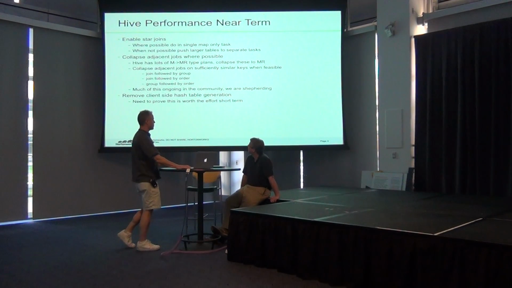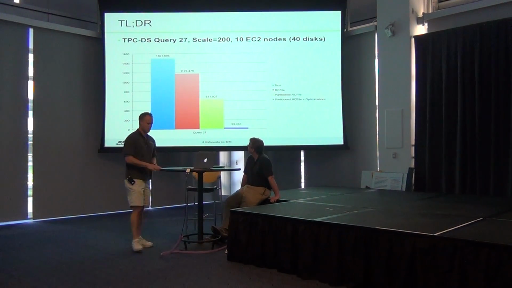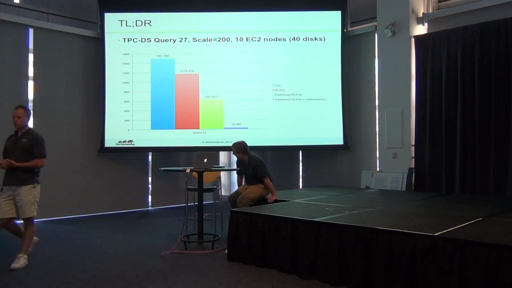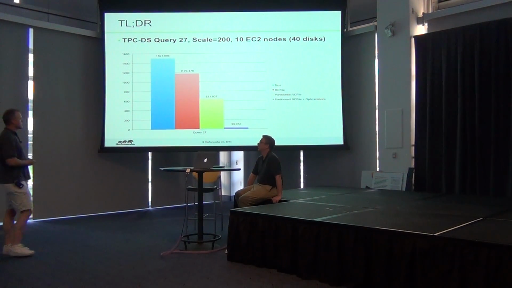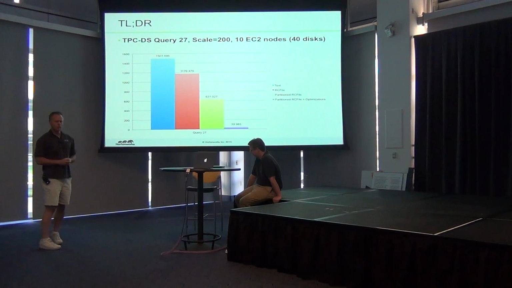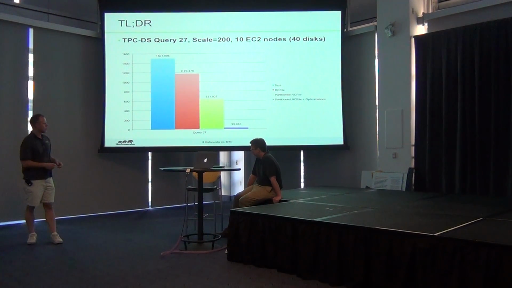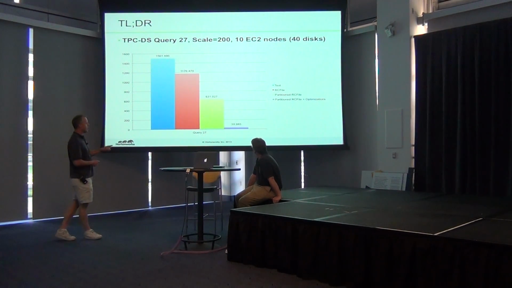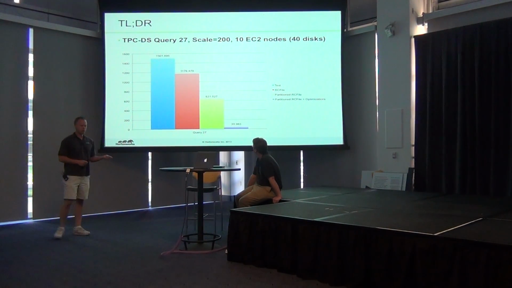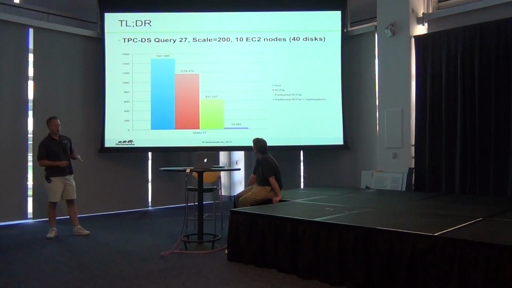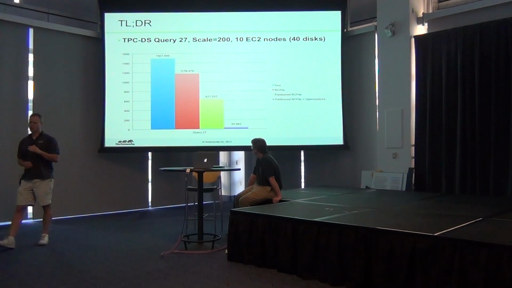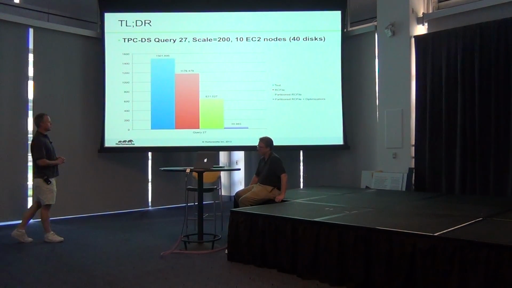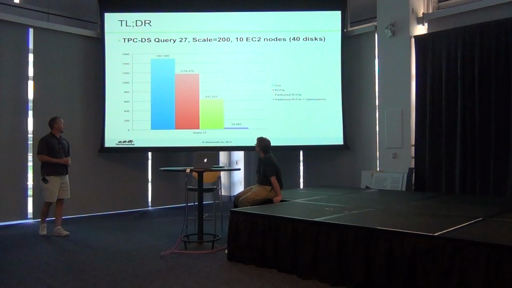So, slides are nice, but results are better. Let's look a little bit at some early results we've seen. This is done against what is now the Hive 0.11 branch. Well, mostly, I'll walk that back in a second. But the code in Hive here is from the Hive 0.11 branch. It is run on top of YARN with the new test stuff. So these numbers would look slightly different if you ran it on Hadoop 1, but not that much.